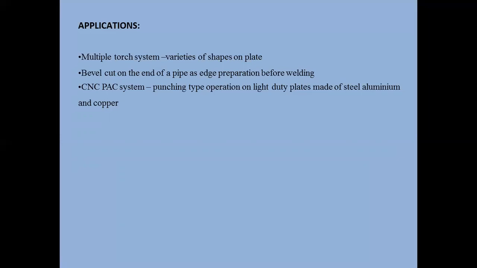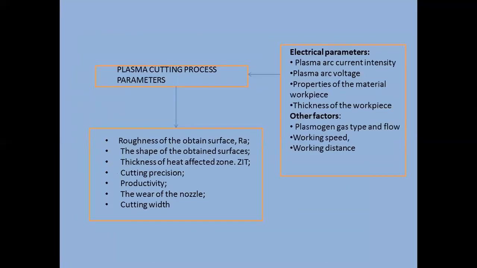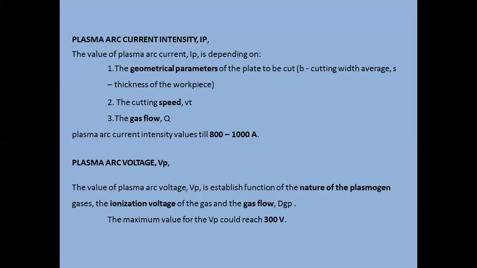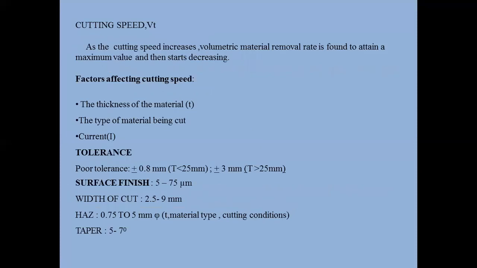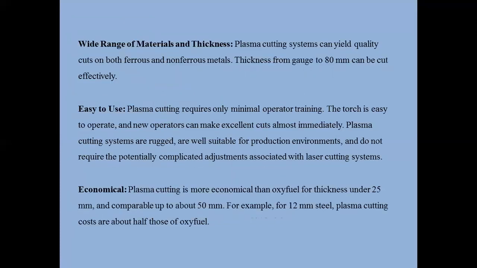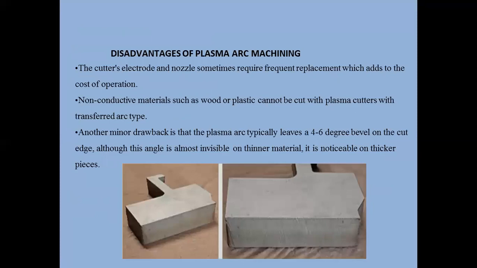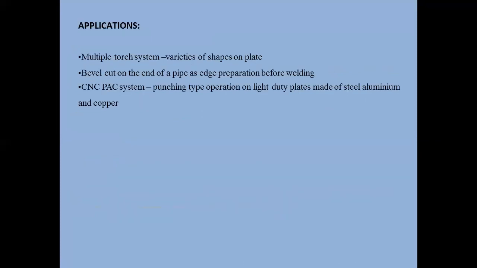As a summary, we have discussed today process parameters, inputs, outputs. What is the range of current intensity? 800 to 1000 amperes. Voltage will be around 3000 volts maximum. That will be the maximum value of voltage to be applied. And what are the factors that affect the cutting speed, and how cutting speed affects the material removal rate, surface finish rate, process. What are the process capabilities? What are the advantages, disadvantages, and applications? These are the things we have discussed in this session.